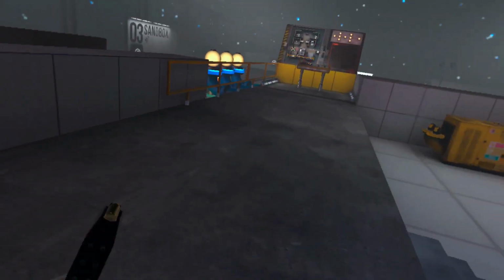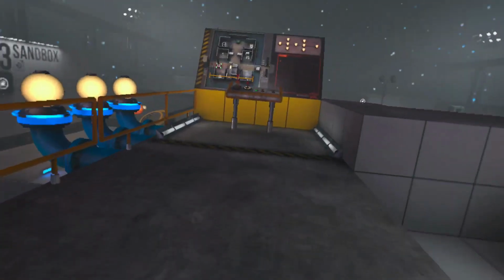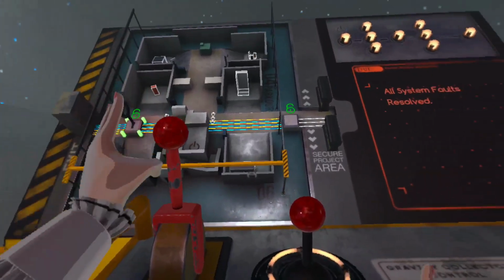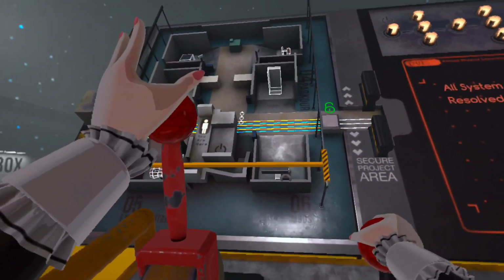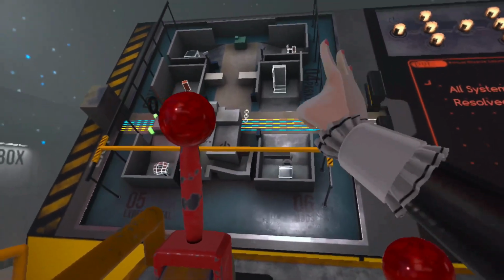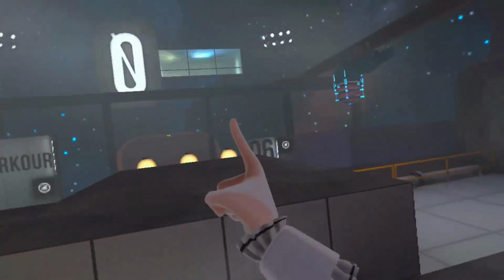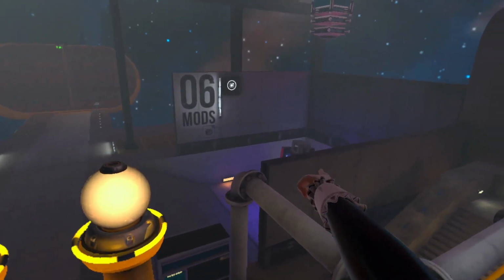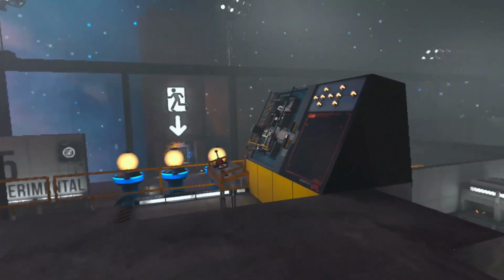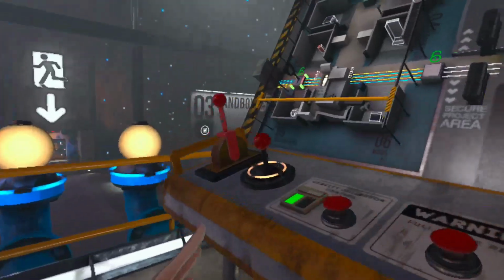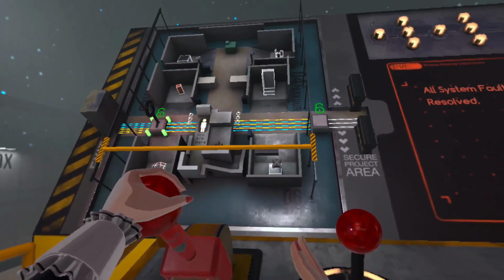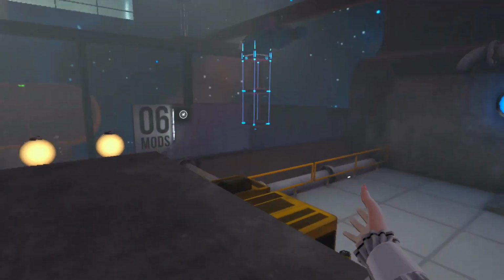Once you do all 5 of those, you have to come up these stairs, just like so. You gotta do the noise and everything. And you'll find this crane up here, and you can maneuver this crane around and hover it above these different things. So that is above the mods one over there. Once it's above one of them, you can lower the crane like so. And once it gets low enough, it'll grab one of those orbs that are inside the crate,